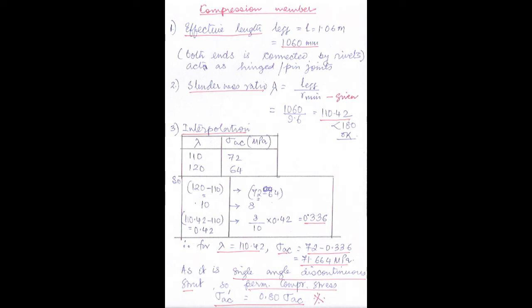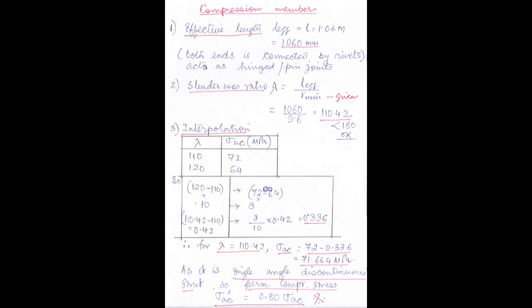So from here we get the lambda value as 110.42. Here I have written that it is less than 180, hence okay. You remember the table I was telling you to remember, which gives the maximum value of slenderness ratio allowed. So in this problem it is okay as it is less than 180, and if nothing is mentioned we will assume that the column is carrying only the dead load and the live load.